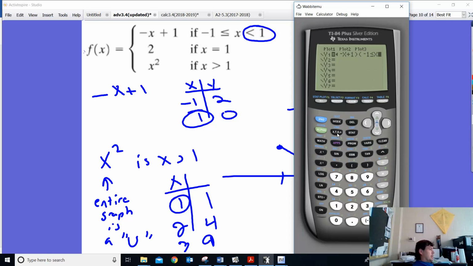Now I need the less than symbol. And again, those inequality symbols are where? Second math. And I want a less than symbol here. Now one thing a TI-84 won't show you is an open hole. It can't do that, it doesn't have that ability. But if you've typed this in and you hit the zoom 6 button,